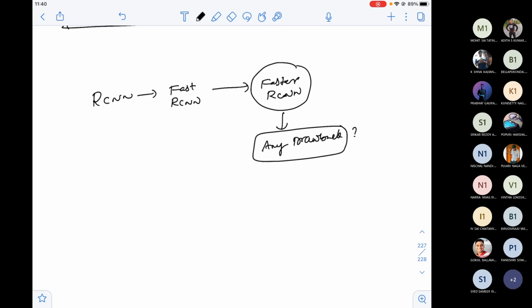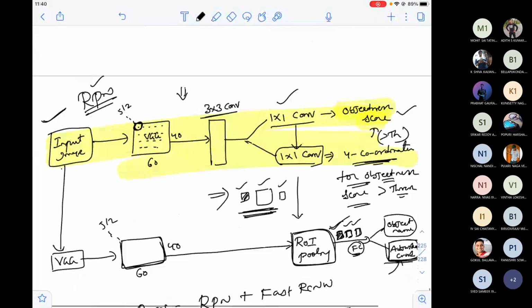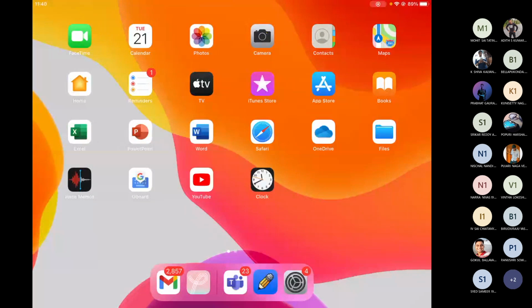Think of the diagram that I've drawn. Maybe I'll just take you through the diagram. Where is the diagram? So yeah, here. The upper part is the region proposal network. The bottom part is Fast RCNN. Combined, it's Faster RCNN. Can I optimize anything? Think, because I already optimized a lot of things by the time I reached Faster RCNN. But there is still a big drawback. I think it's difficult for you to tell, so let me tell you. What is it?